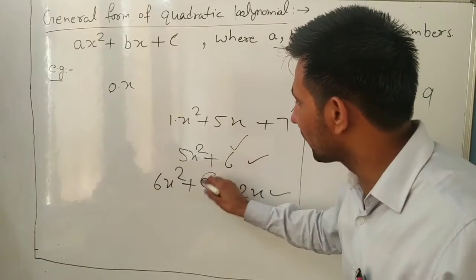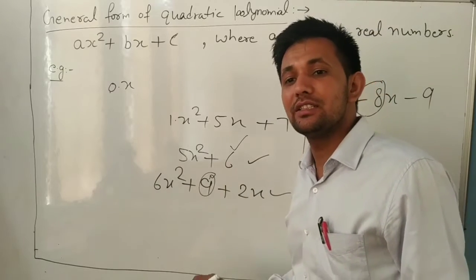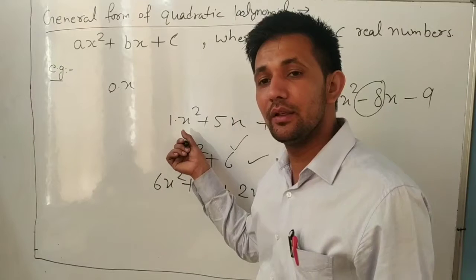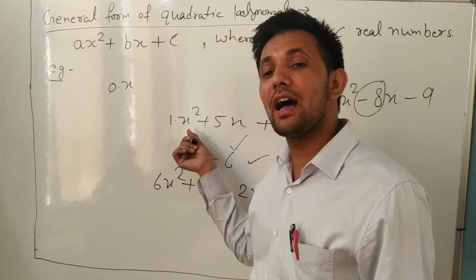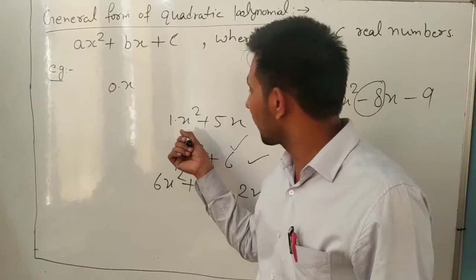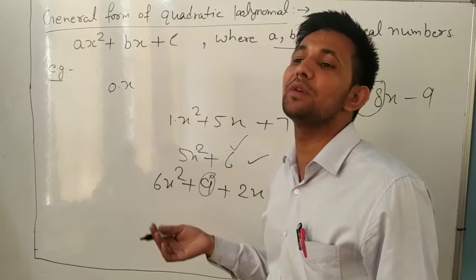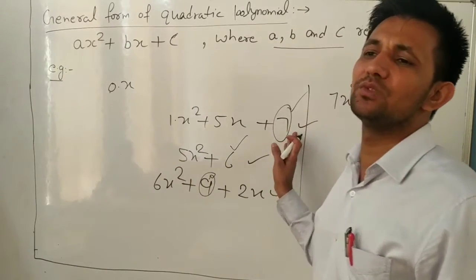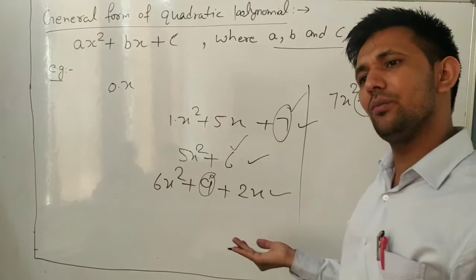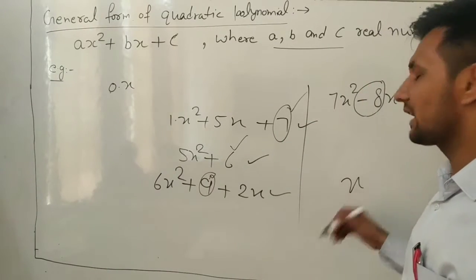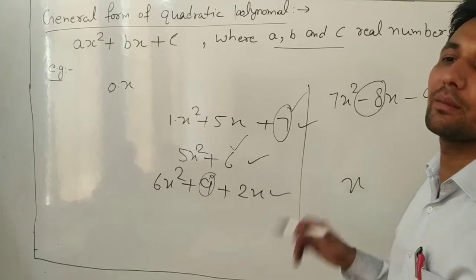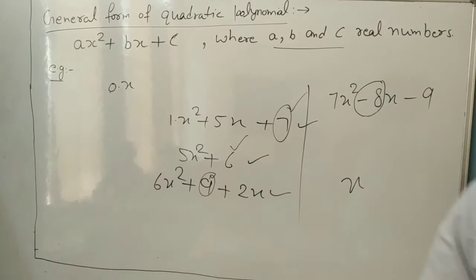Constant. You know what is a constant? In 6th class you have already learned constant. A variable means whose value is not fixed; x is a variable. A constant is one whose value is fixed. Because we know 7 is greater than 6 and less than 8, but do you know x is greater than whom and less than whom? We don't know, so it is a variable. Okay, so now next, note it down everyone.